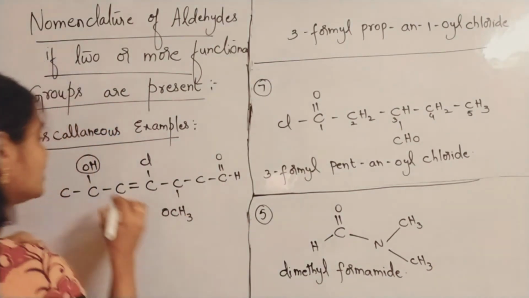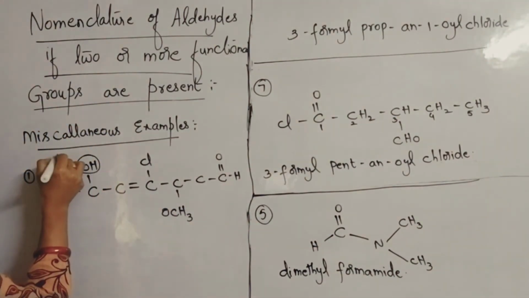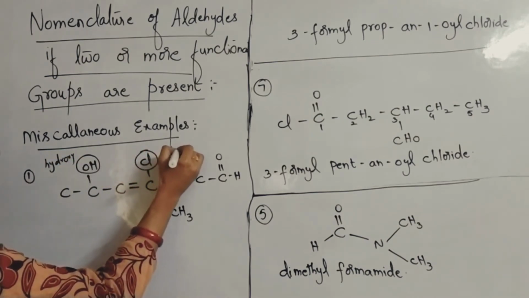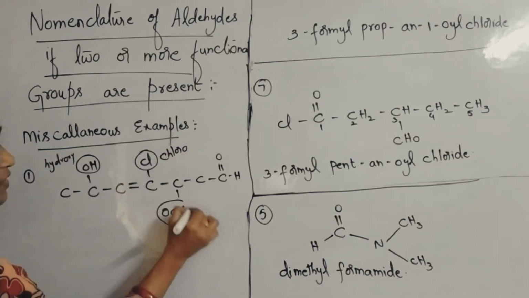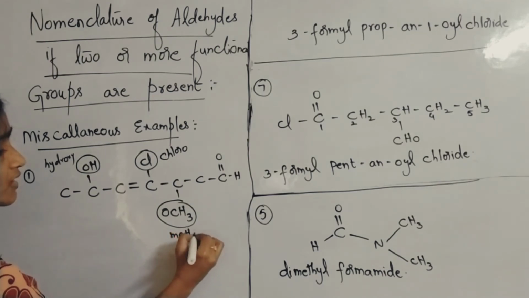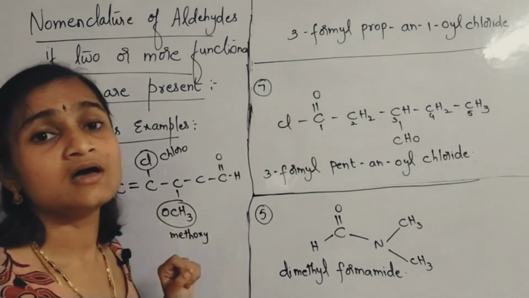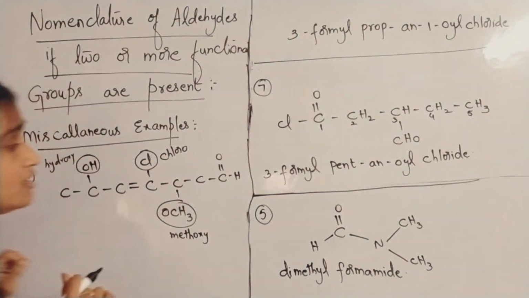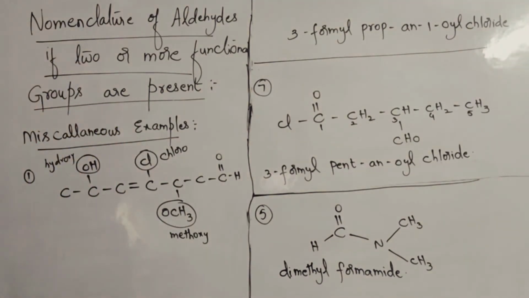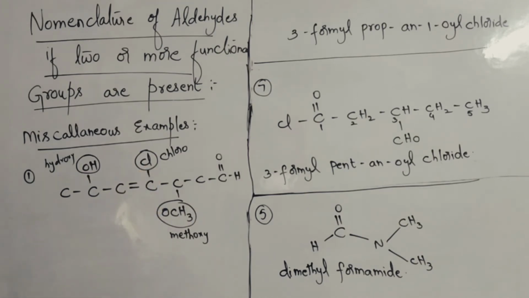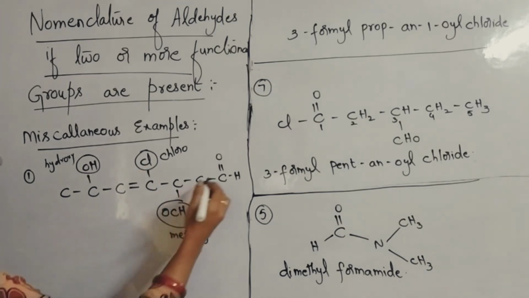So this will become what? Hydroxy. This will be hydroxy. This will be chloro. This will be what? Methoxy. Okay, after noting down all the substituents, try to check the alphabetical order. So arrange them in alphabetical order. So first C, O and here M. First C will come. So chlorine is attached to which position, that you have to check now.